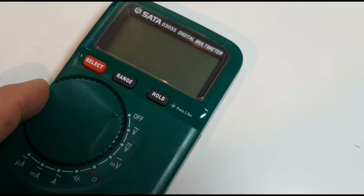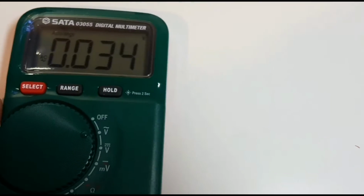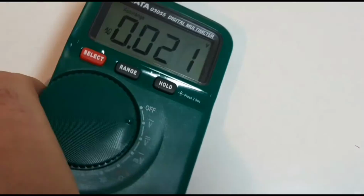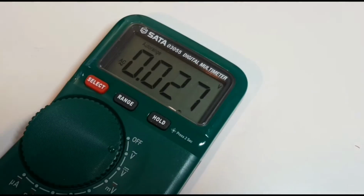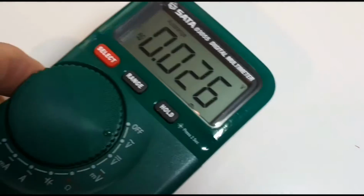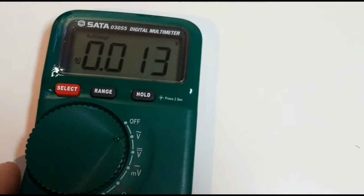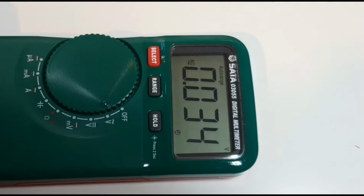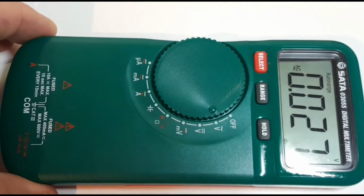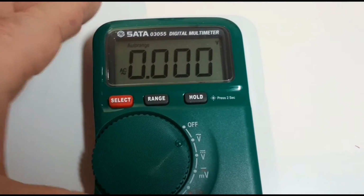So when we actually turn the meter on, as you can see, the display is actually quite nice. Now I believe that SATA, when they were designing this meter, pretty well had the idea right from the get-go that you're going to be using this meter either in your hand, but chances are flat on the ground like so. And you can tell that the viewing angle is definitely geared towards just being flat. There is no tilt stand, there is no standing bail, and there's not even a hand cord to put this around. So generally speaking, you will be using this meter completely flat, horizontal, like so. Now that being said, the LCD does seem to be optimized for this sort of...